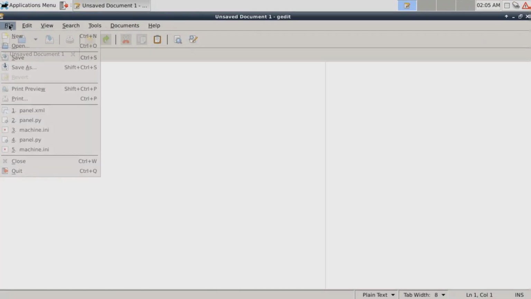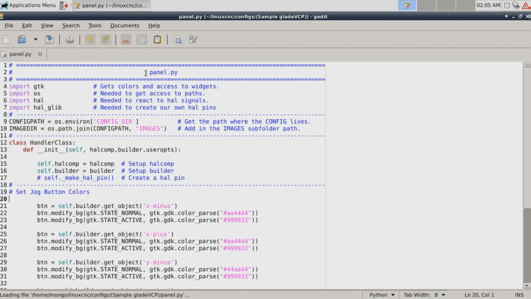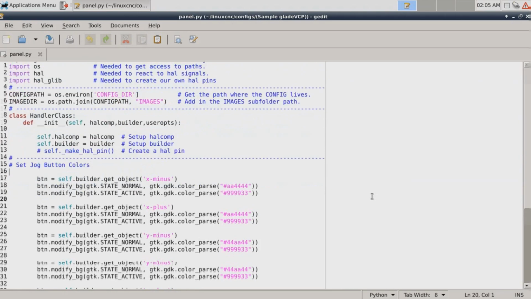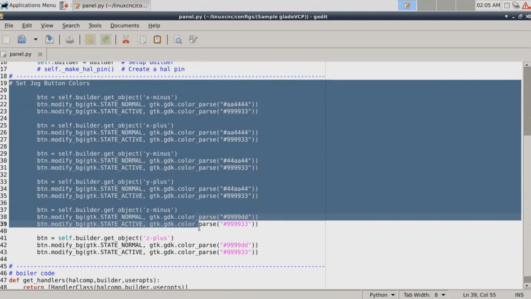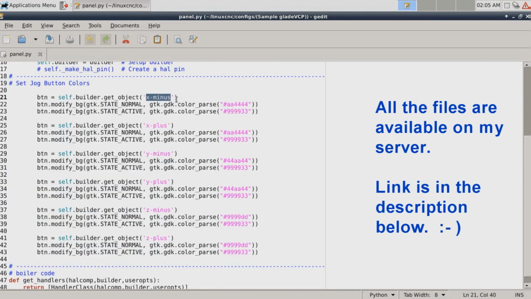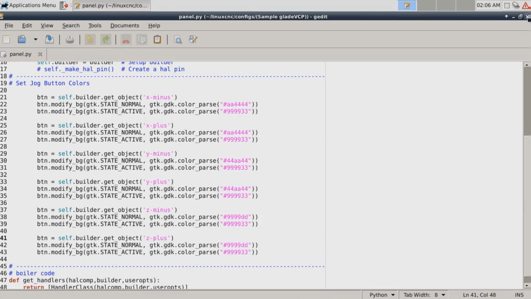Now I want to show you, once we do that, to add coloring you will need to have a separate Python file, and just basically you could copy this and then go into this section here and put in the name of your button or whatever the object is you want to change the color on, and you can go in and change the color and other attributes, and you can just look that up and see what things can be changed, like font size and type of font and so forth. Right now we're just playing with the colors here.